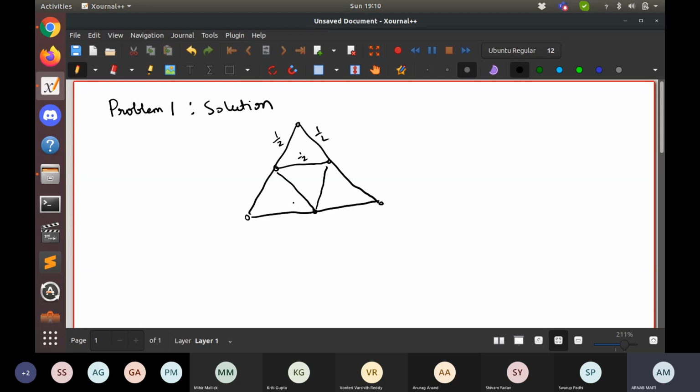So due to the pigeonhole principle, there will be one such triangle that has 2 points in it. And in an equilateral triangle, the distance between 2 points is maximized if they are placed at the vertices. So this distance will be at most half. So that's this small proof.